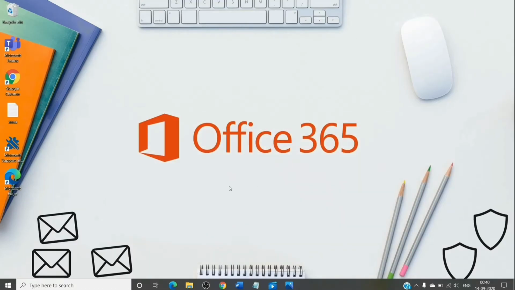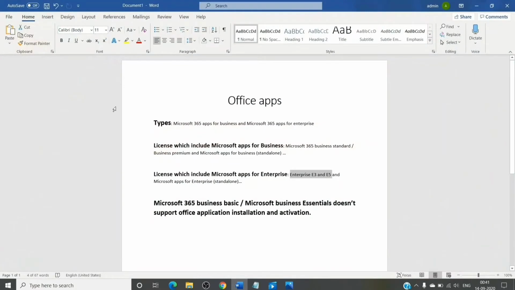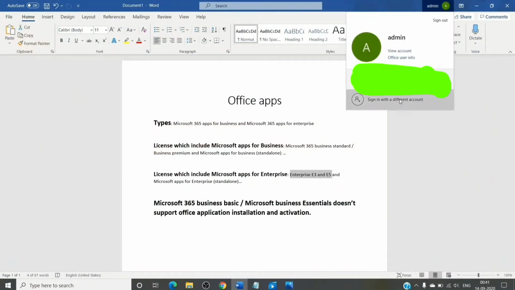Basically, the first step which we perform is we will launch any of the Office applications, and we will sign out from here. Make sure that there are no accounts on the apps.